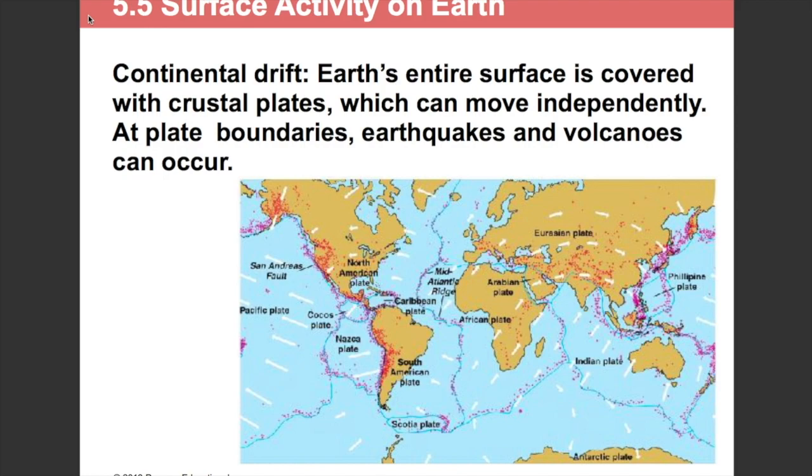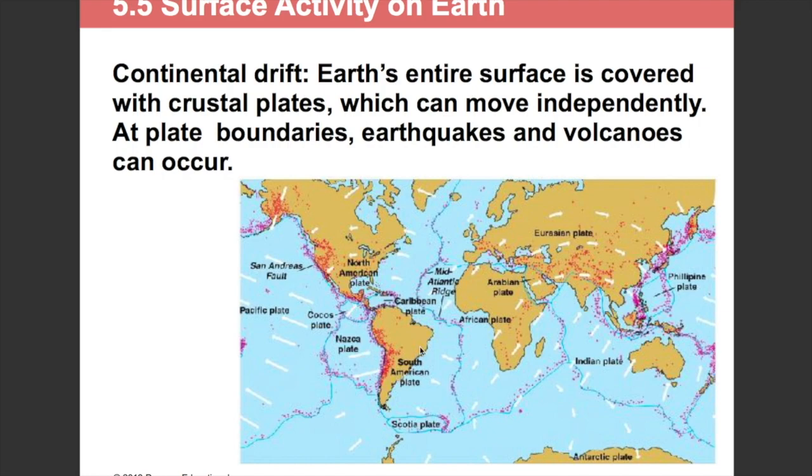So, we also talked a little bit last week about continental drift, a theory which Richard Wagner proposed, where basically we notice that the eastern part of South America fits nicely into the western coast of Africa. And we see the same features with the eastern coast of the United States and the western coast of Europe. And besides the superficial puzzle-like appearance where the pieces seem to fit together, there's also strong evidence